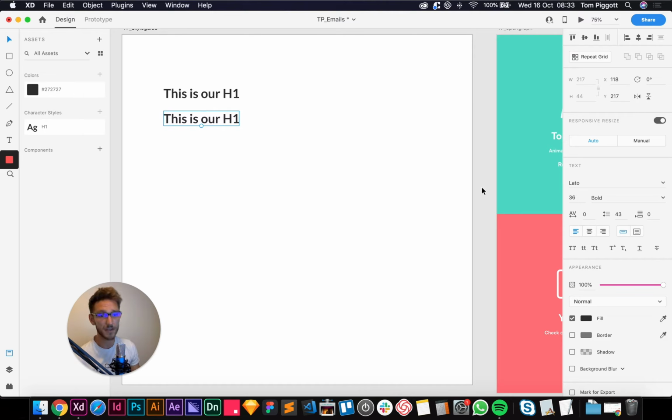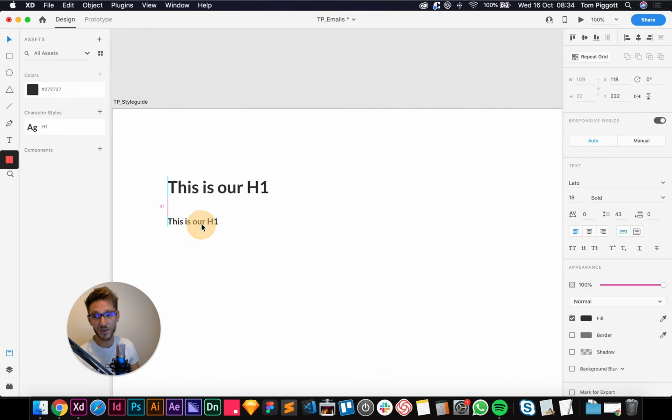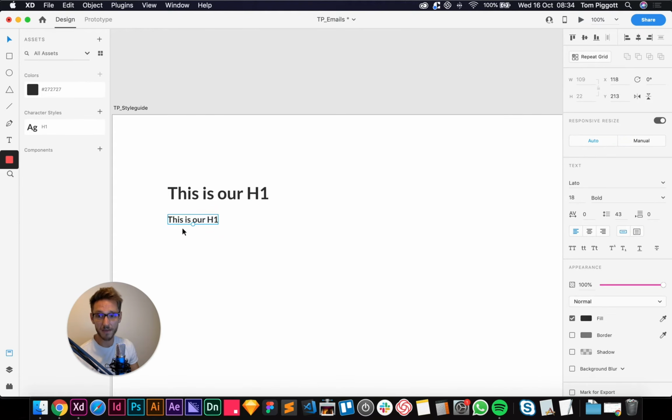All I'm going to do for my H2 is half it, so I know it's going to be 18. And then for my H2 line height, I think I'm going to end up having like 2 or 3 lines of copy in this section. So rather than having it at 1.2, I think that might be a bit too compressed. I'm going to times it by 1.5 to give it a bit of breathing room. So just do 18 times 1.5 gives us 27.